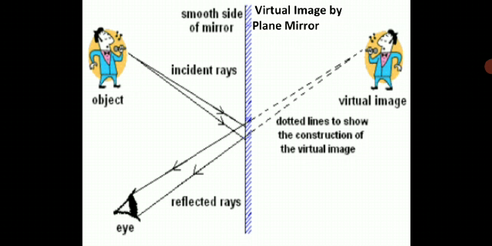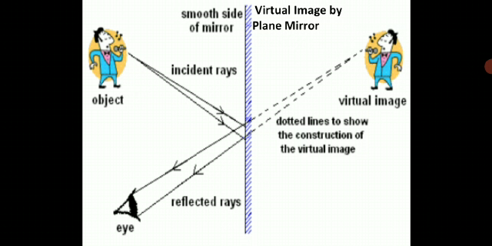Then you have a plane mirror, virtual image formed by the plane mirror. So it is an erect image. You can see a person standing in front of the mirror, light rays fall on the mirror and are incident on the mirror, and then some light rays get reflected back, and you will see the virtual image where the light rays will not meet at the same point. It will appear to meet somewhere, it will diverge, and the dotted line shows the construction of the virtual image. So you just get a feel of the meeting of the light rays, but they don't actually meet, and there will be a formation of an erect image.